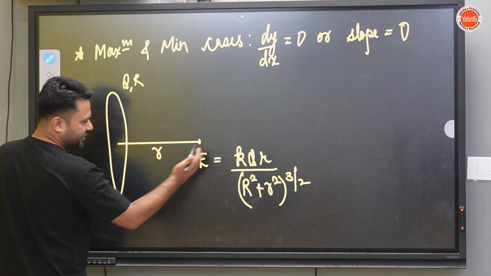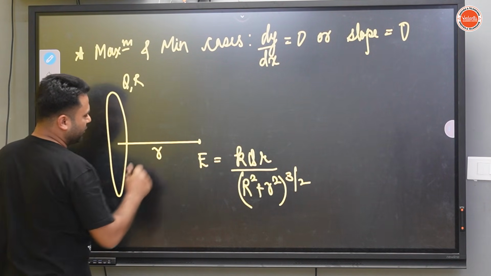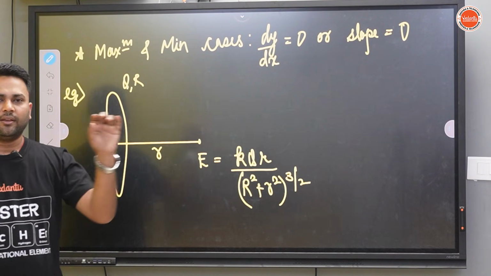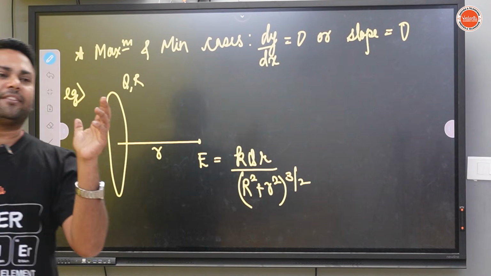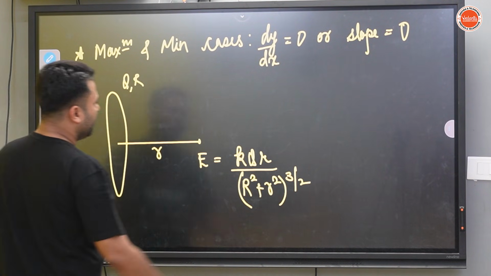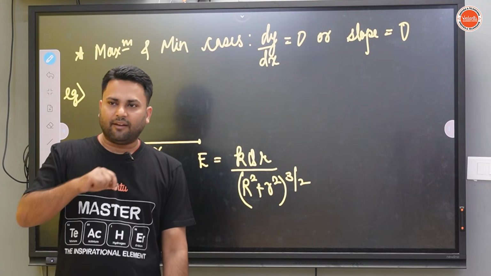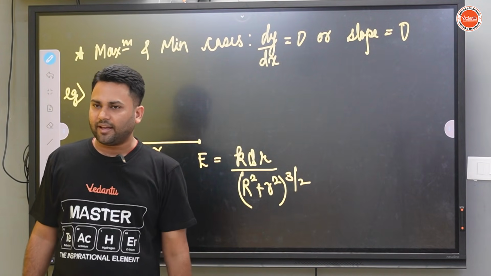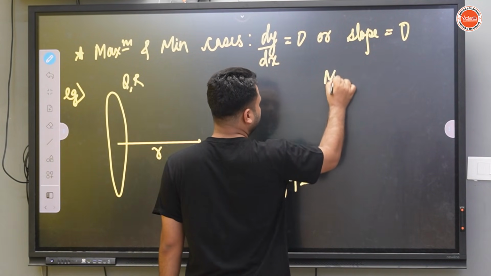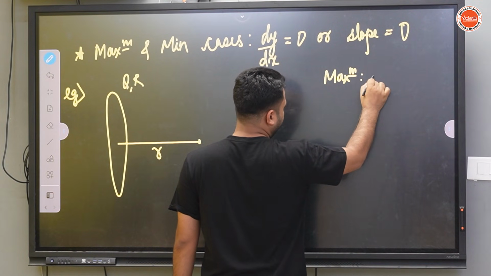Now this is the general formula of field. They can ask what is the field here. So r value 0. Now they are asking, at any point in this path, there is a point where the electric field is maximum. So the maxima case came, and we have learned that for maxima, dy by dx has to be 0. So we have learned that for maxima and minima, that slope or dy by dx